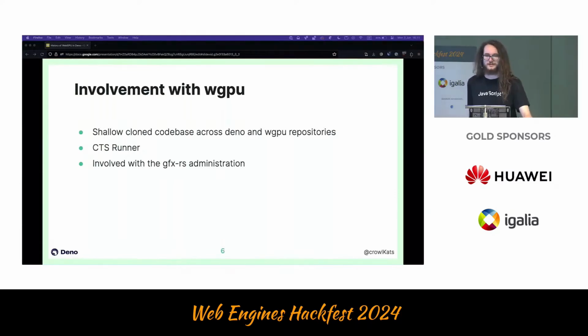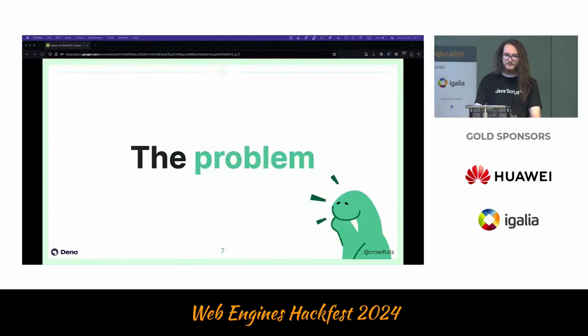And since September 2023, so last year, Deno also is part of the WGPU overall administration team and discussions around those. So what's the problem then? Well, we will continuously keep the implementation up to date. The size and the startup time for Deno increased by a lot. Well, and also complexity. But complexity was something that was bound to be the case. WebGPU is quite a big API. It's not something simple. The size and startup time became a major issue, which led us to having to completely